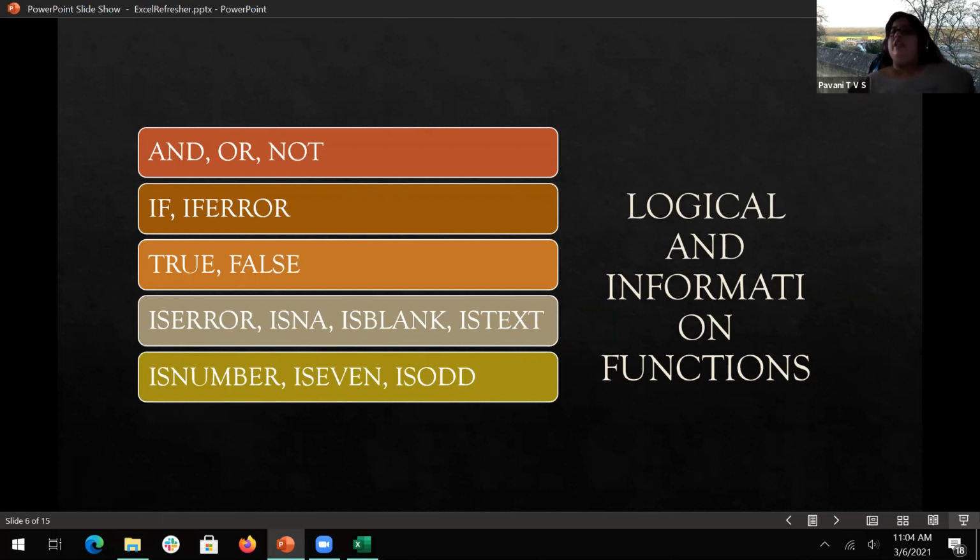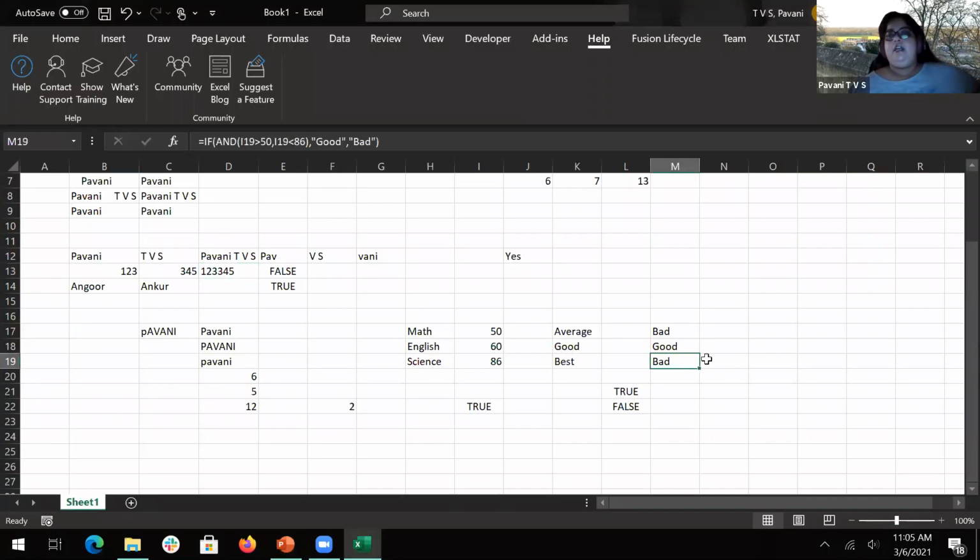So for example, VLOOKUP is there. If a VLOOKUP is erroring out, you need to use IFERROR or IF functions. That will tell you what you want that value to be if it is erroring out. Say, for example, some kind of issue is there.